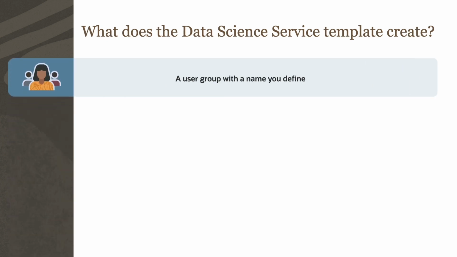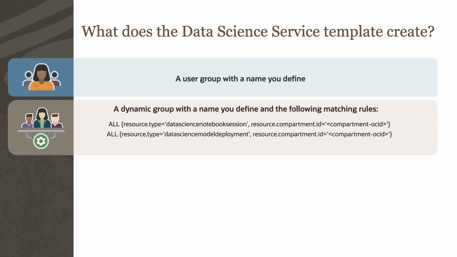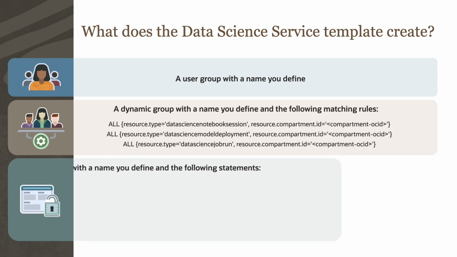The Data Science Service template creates a user group with a name you define, a dynamic group with a name you define and the following matching rules for resource types: data science notebook session, data science model deployment, and data science job run. It also creates a policy with a name you define and the following statements to allow your